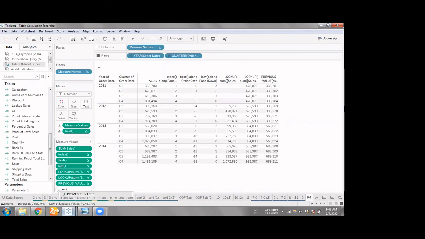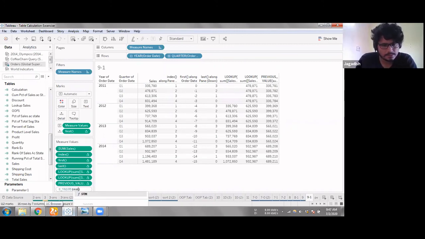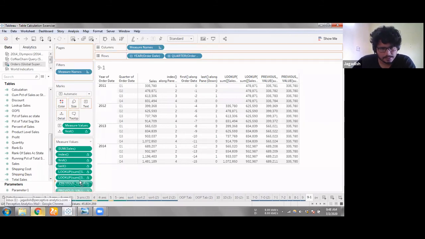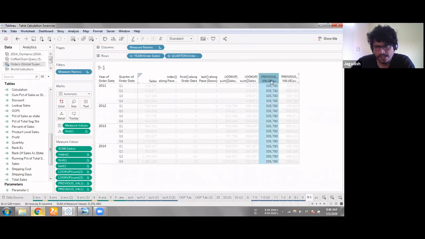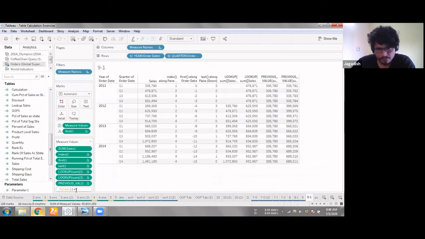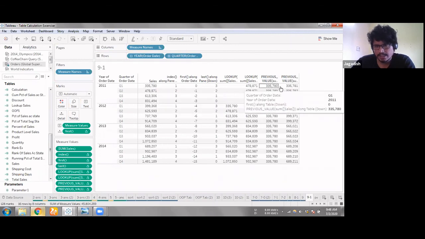Let me explain this with this value as well. My first column is only the previous value of sum sales. In this other column, I gave just a +1 to whatever this particular value is, outside the particular calculation. Now, if you observe these values here, 335780 is taking the first value, which is good, and it's adding 1 as expected. But now this value is 335780, and when I'm doing +1, it's giving me +2.